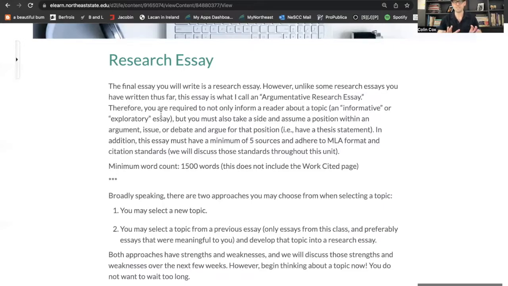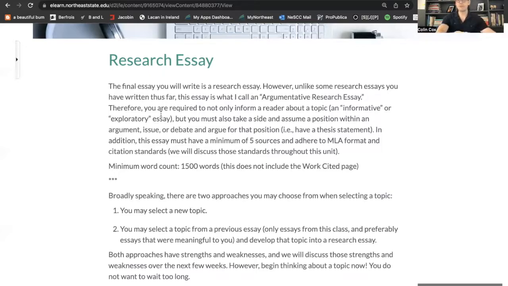So even though 1,500 is more than I've asked you to write, you'll also have the opportunity to find information and incorporate that information into this essay, which again contributes to the overall word count. So don't think, even though this is an increase, I am allowing you and frankly requiring you to do what I haven't thus far, which is conduct research. And that's, of course, information and material that you can and should incorporate into this essay.